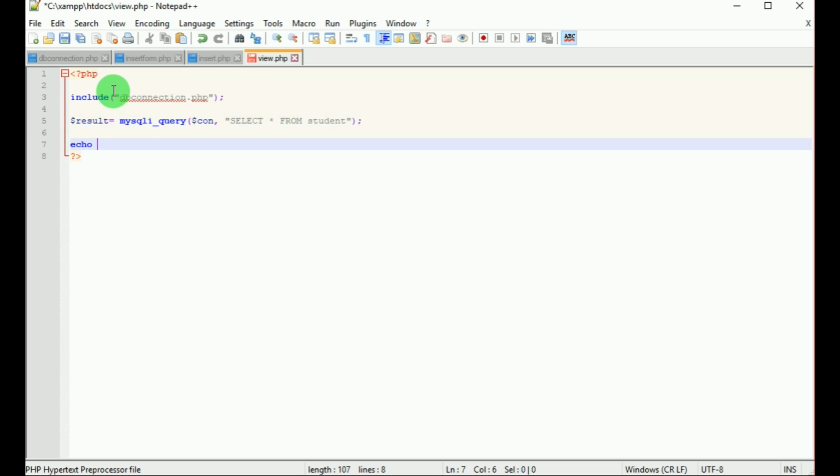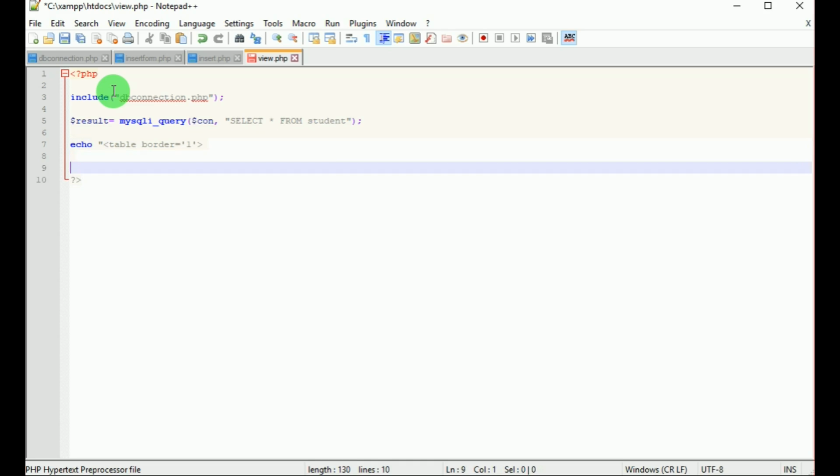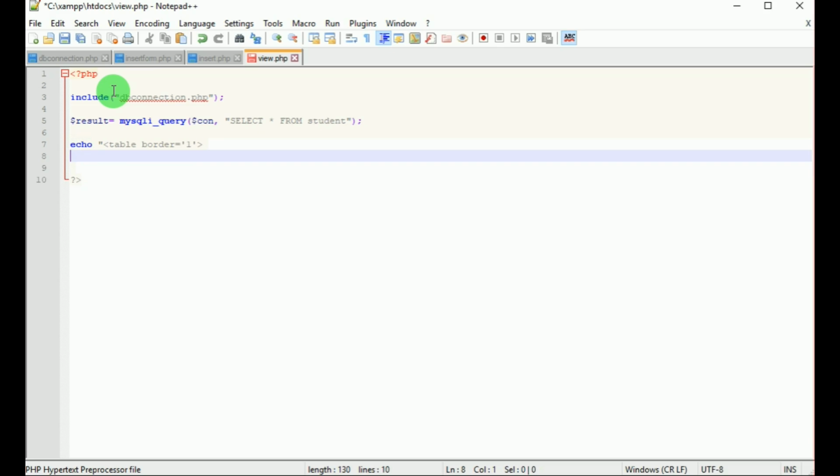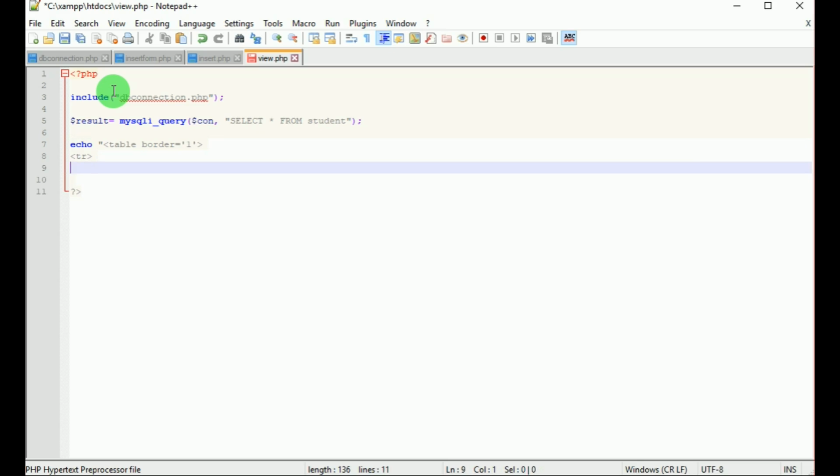Before creating the code, let's save this file. Save this as view. Save as type PHP. Once the file is saved, now let's include dbconnection.php.